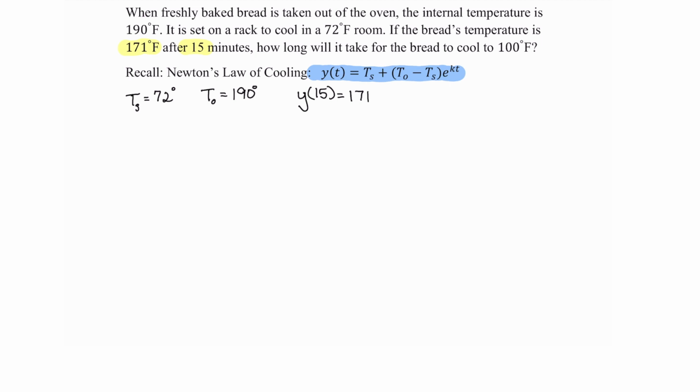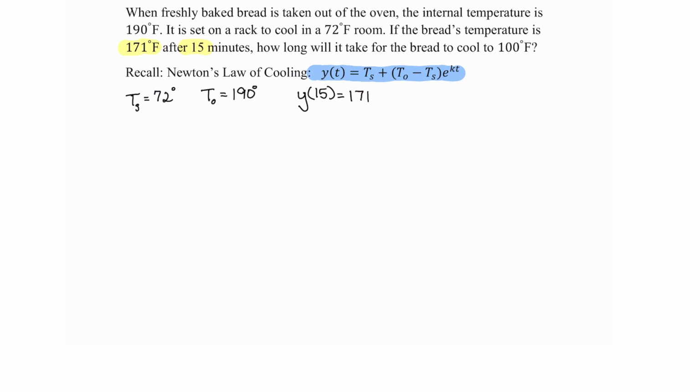Now notice we have a small case t for time, and we have the two different subscripted capital T's: T sub s for the temperature of the surrounding environment and T sub 0 for the temperature originally of the item. So it's really important that you keep your variables case sensitive